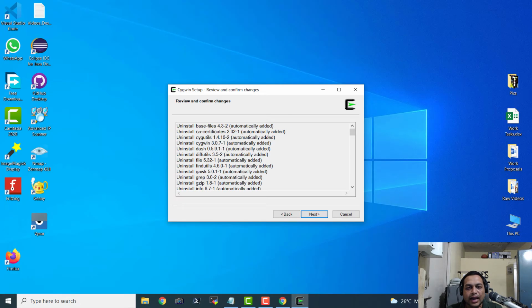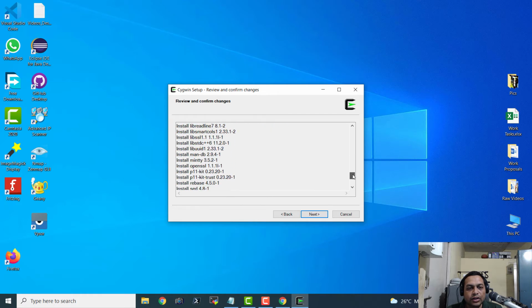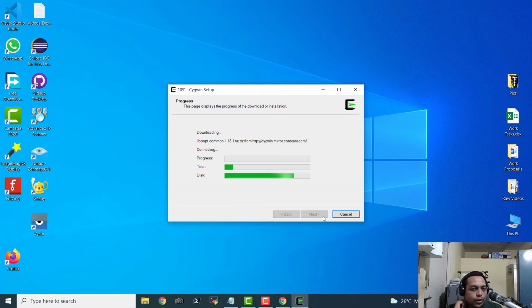I will click next and let it install. Probably it is going to take some time for the installation to finish because the progress is very, very slow. It is still downloading. It is not actually installing anything. I guess this entire process is going to take some time, so I'm just going to skip to the part where it has finished downloading and installation.